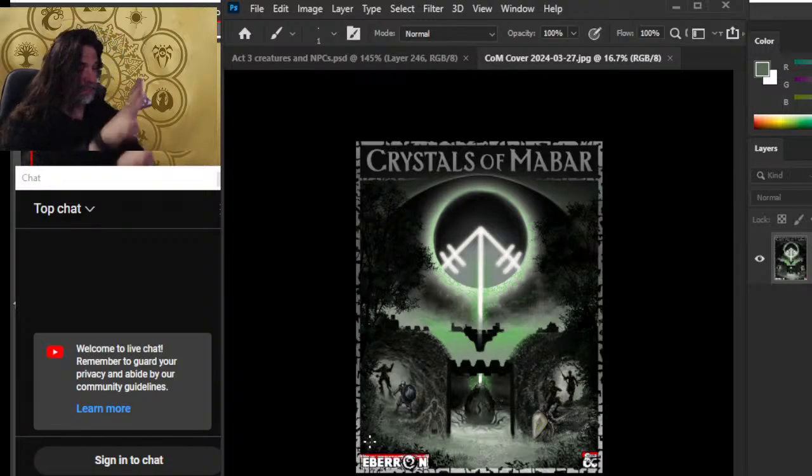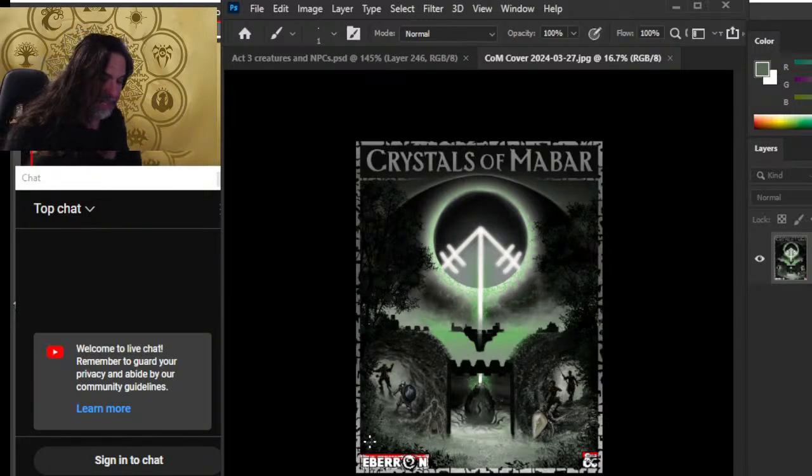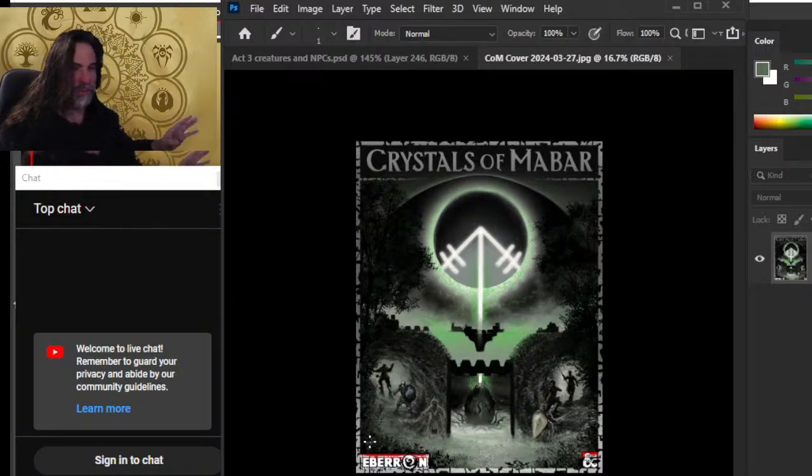as I do some additional painting. This is a book cover that I created for the adventure that we're creating right now, that I'm illustrating and produced and playtested with Andy Headley, the old goat, and Stuart Braz, who is an excellent librarian for the Eberron campaign setting and a great editor. He's been on a number of projects that I've worked on at DMsGuild as well. So big faith in Stuart. The Crystals of Abar is for 4 to 5 characters, level 7 to 8, in the Eberron campaign setting, in the Karnwood in the nation of Karrnath on the continent of Khorvaire, fighting undead and necromancers in the woods.